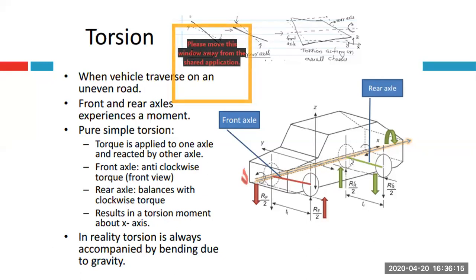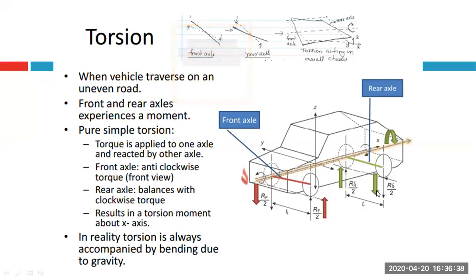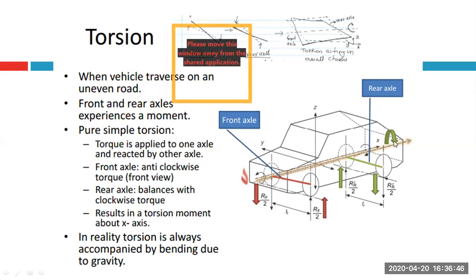And then at the rear axle, which is shown using green color, you are going to see that there is a load Rr upon 2 and Rr upon 2. On the right rear wheel, it's an upward force, and on the left rear wheel, it is going to be a downward reaction. And then this creates a moment. This moment has been shown along the x-axis, shown in the green arrow. This moment is nothing but a torsion load that you see.